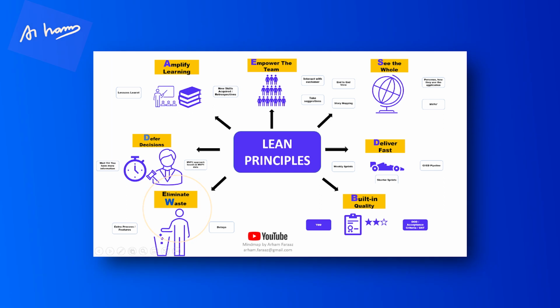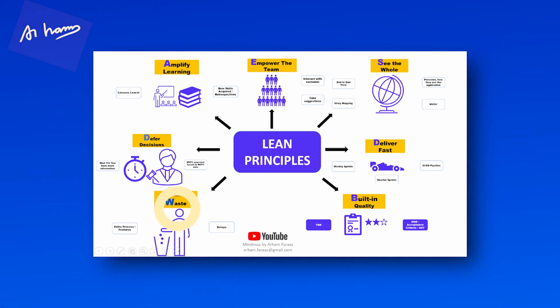There are 7 lean wastes, okay, like motion, extra processes, extra features, then task switching, and then after that you have got waiting, right? So many kinds of lean waste, 7 lean wastes are there. I have recorded a separate video on 7 lean wastes for 7 to 8 minutes. You can watch that over here and get more details on that. So again, lean thinking says eliminate waste. Okay, I have also given an example how one project went for a toss because these lean wastes were happening, and unfortunately we were doing 6 of the 7 lean wastes on the project, and there were a lot of delays.